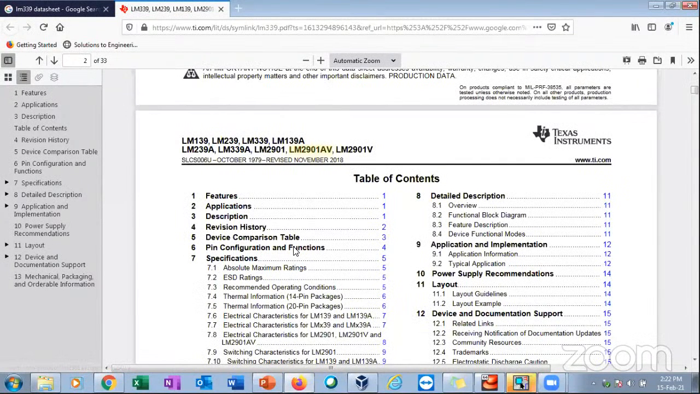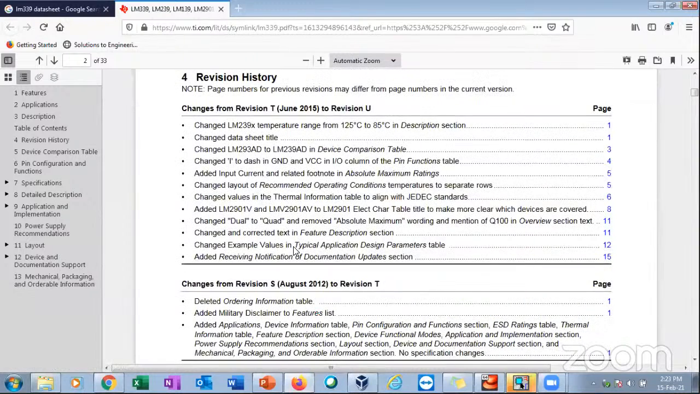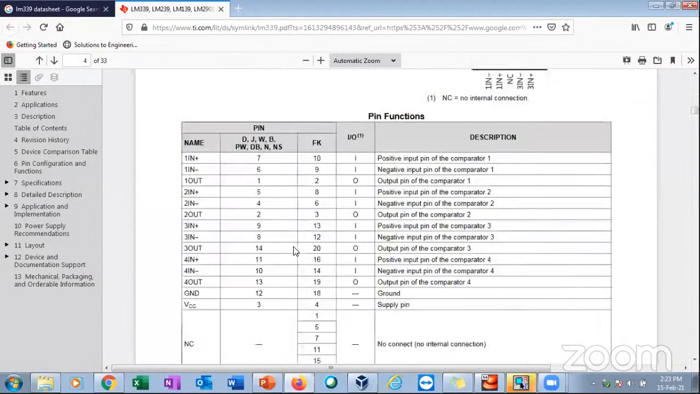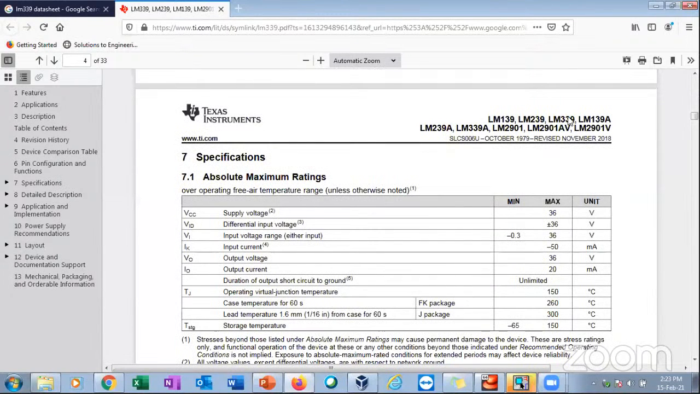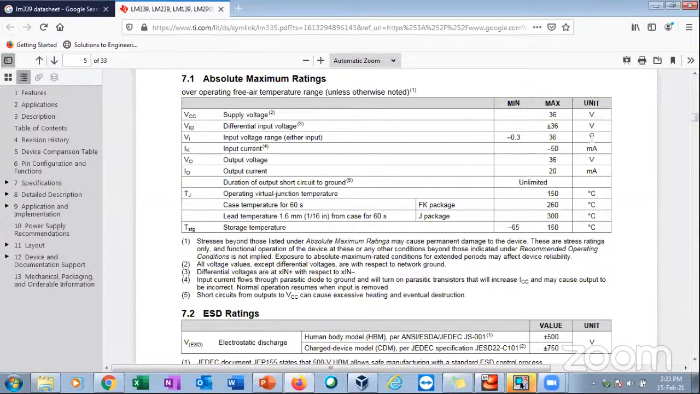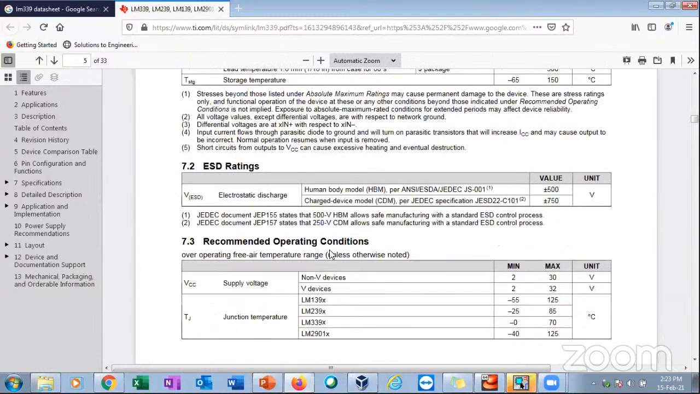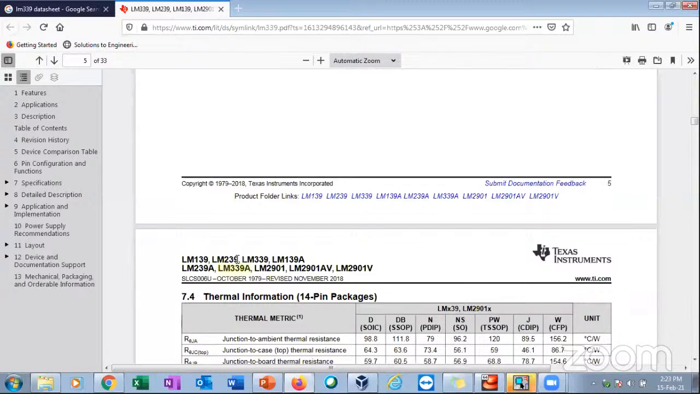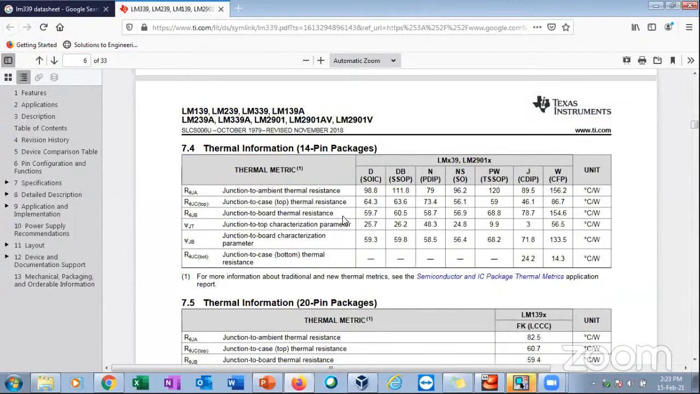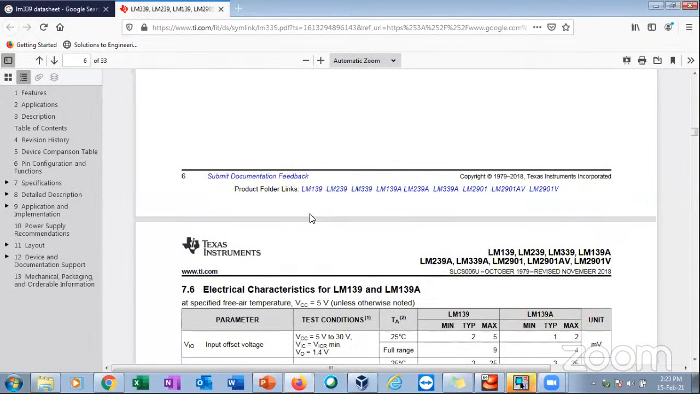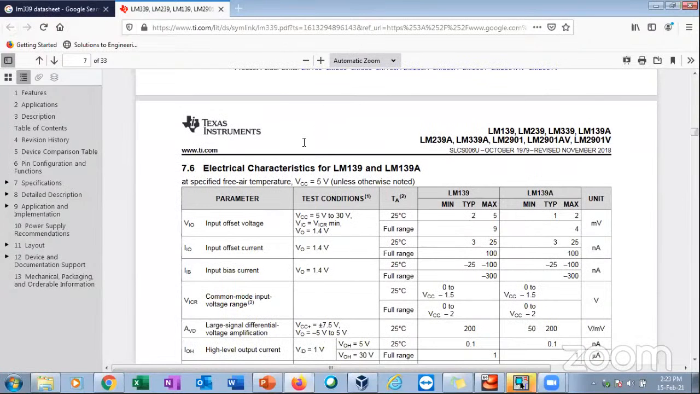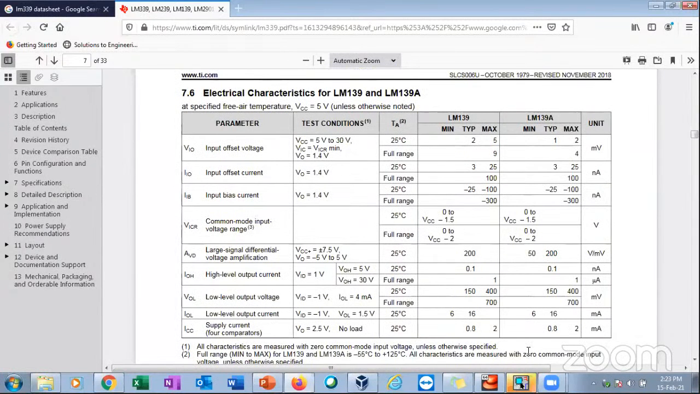Okay, and you can also have an idea of its pin allocation, which pin goes where, and the output, what to expect. Okay, maximum supply voltage, the differential input voltage that you can give, what the ESD ratings are, and what the output would be for those particular input values. Okay, and this is given for different packaging levels. Okay, so this is how you have to check everything,